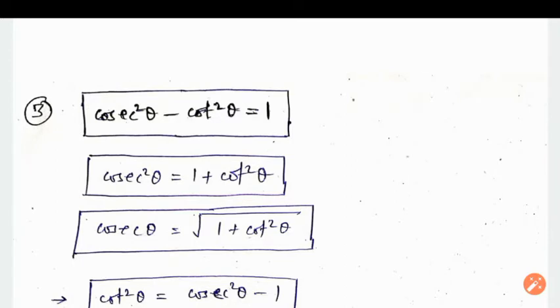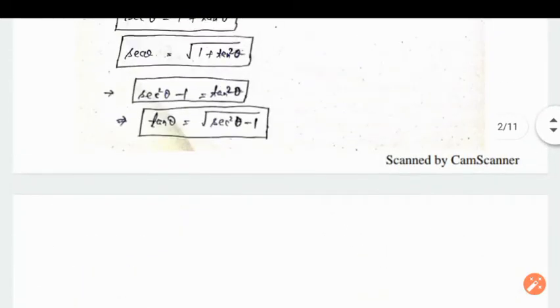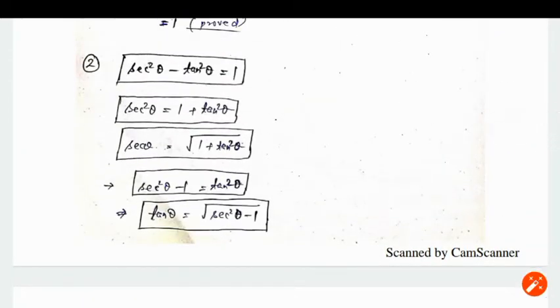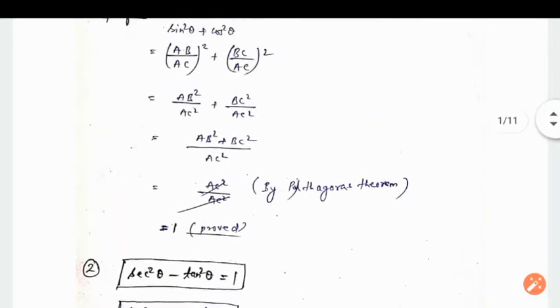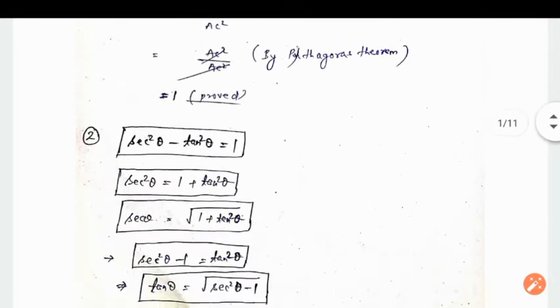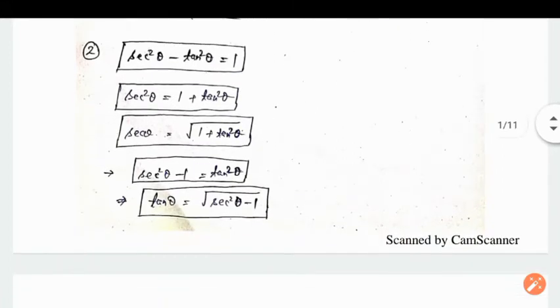And one more thing: if you want to prove this relation, sec square theta minus tan square theta equals 1, then you need to do the same thing in the same way in which I proved formula number 1. Okay, you need to apply the same method. Now